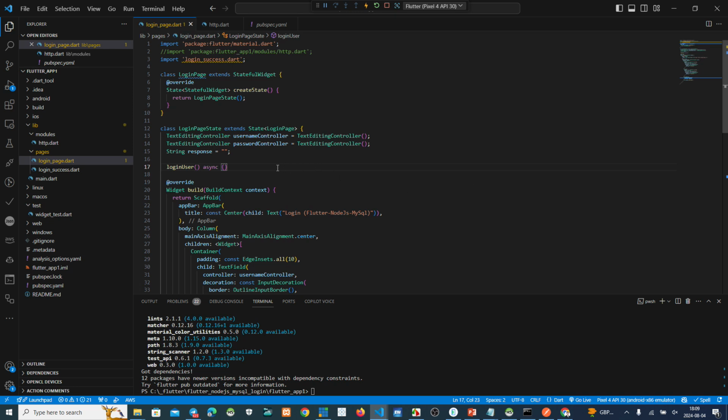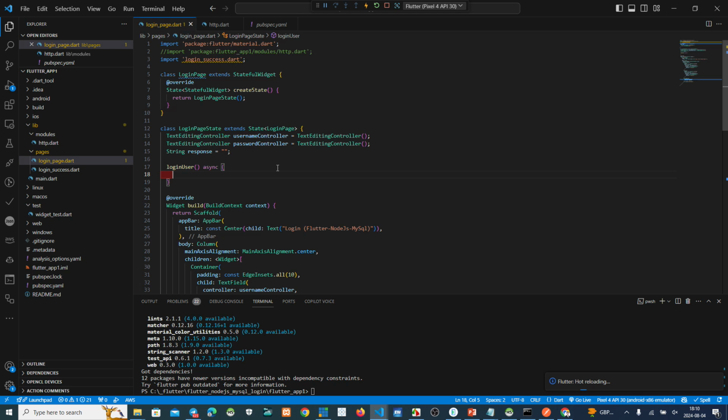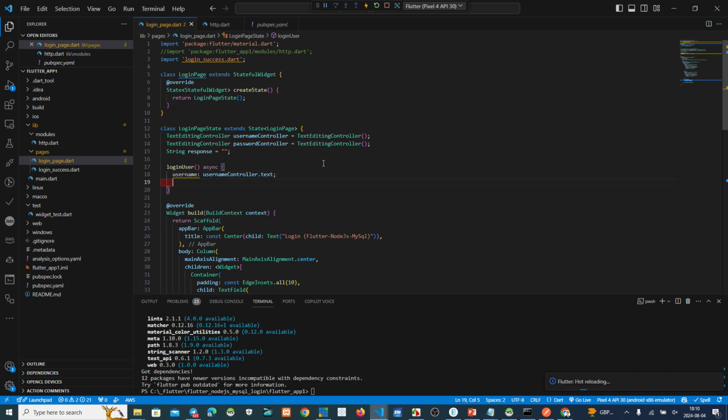Okay, username, this one username controller dot text. Okay, and after that, oh sorry, password.